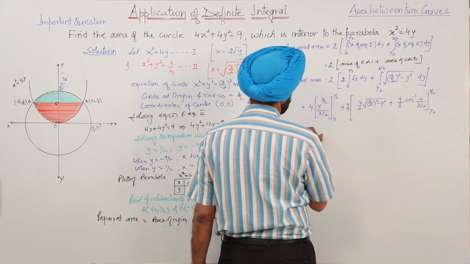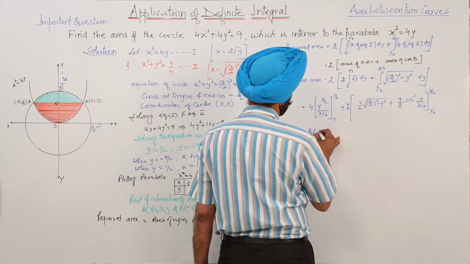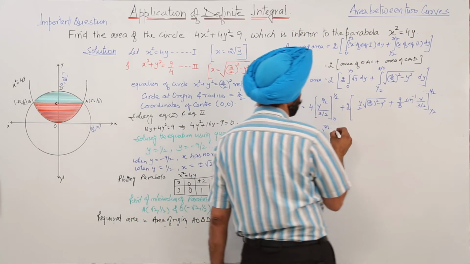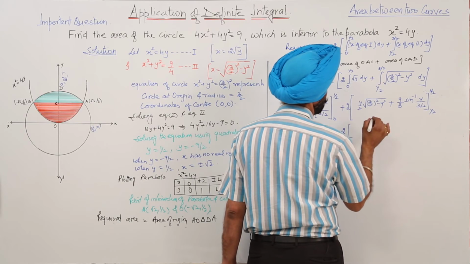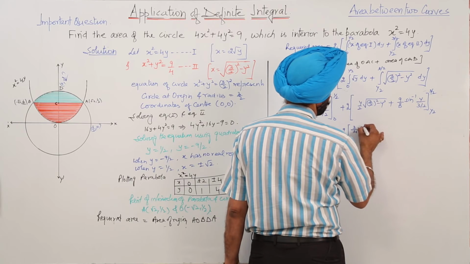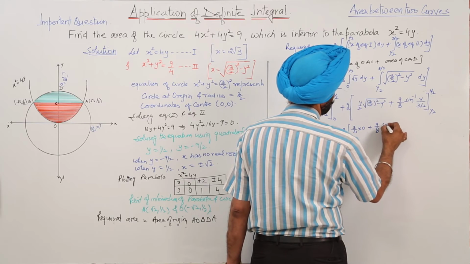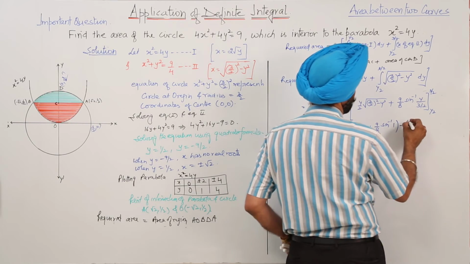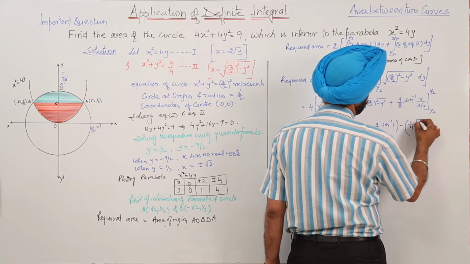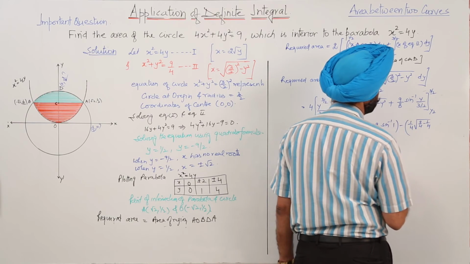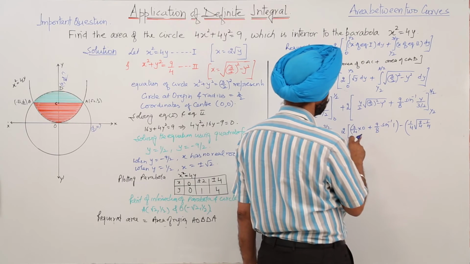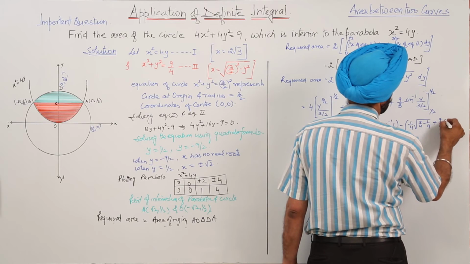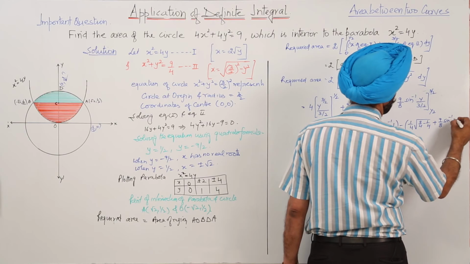Okay. So now what this becomes? This becomes 8 by 3 with 1 by 2 raised to power 3 by 2, on solving this part, because second one is 0, plus now 2 with 3 by 4 into 0 plus 9 by 8 sin inverse 1 minus 1 by 4 square root of 9 by 4 minus 1 by 4 plus 9 by 8 sine inverse 1 by 3.